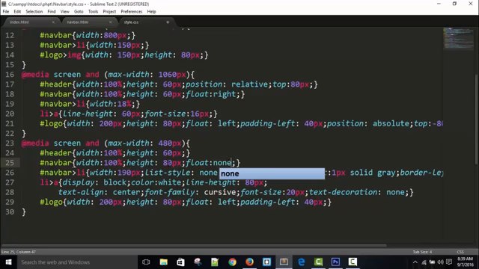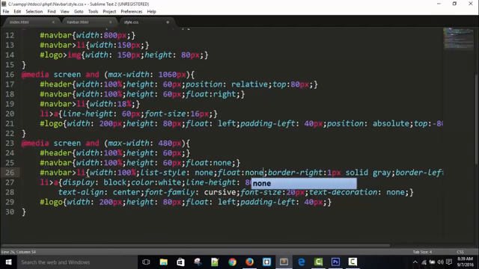Float none, and height 60 pixel. List this would be 100%, and place style none, float left, float none, float none. Okay,